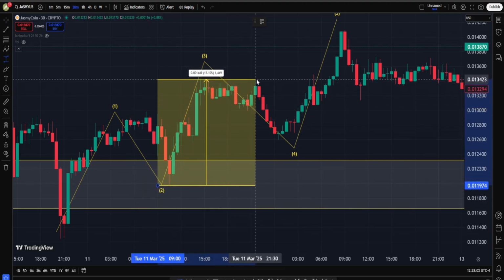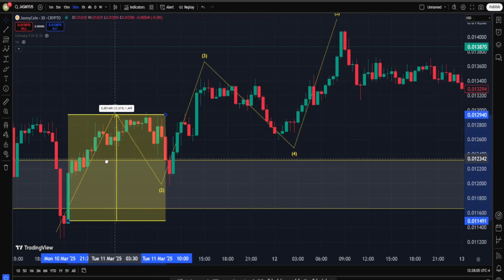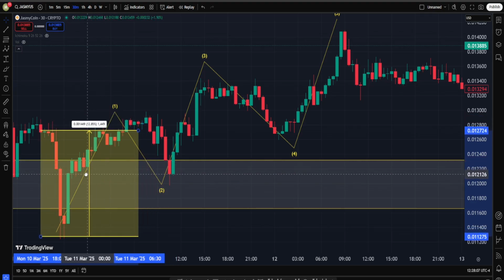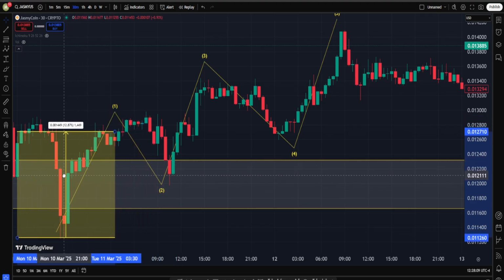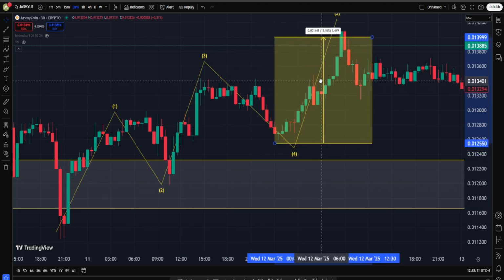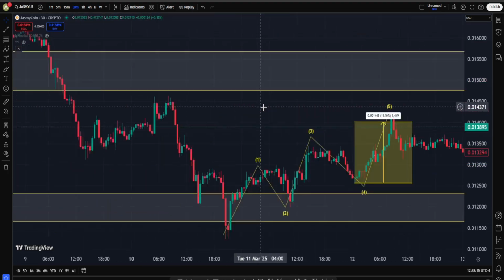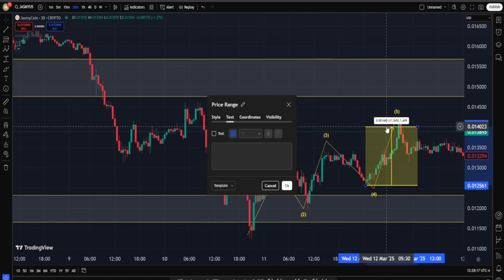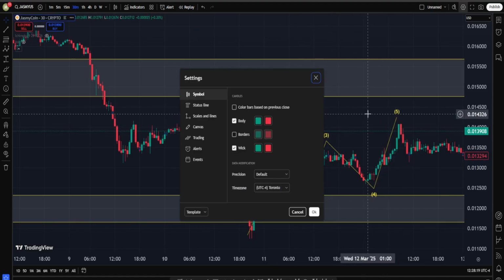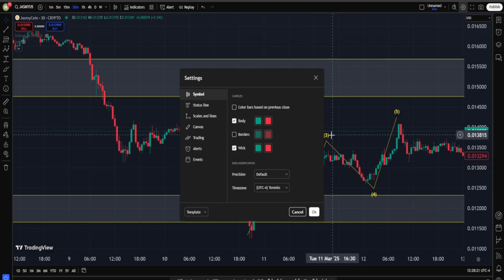Let's measure it from this point to about here and compare it to the other waves. Is it smaller than our wave 1? As you can see, by a decent margin, yes. Is it also smaller than wave 5? It seems like also yes. So this structure essentially is not allowed, which puts JasmyCoin at a bit of a tricky spot,